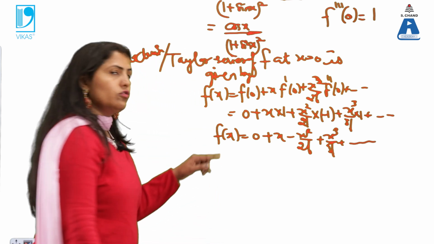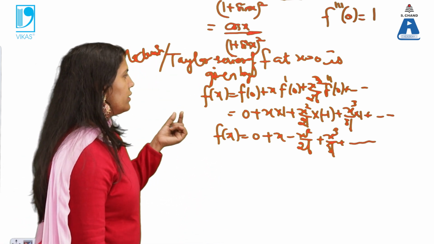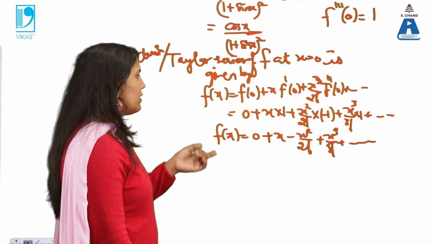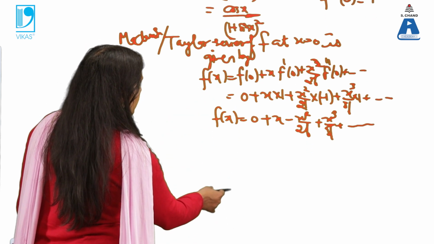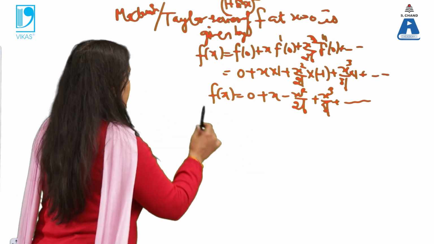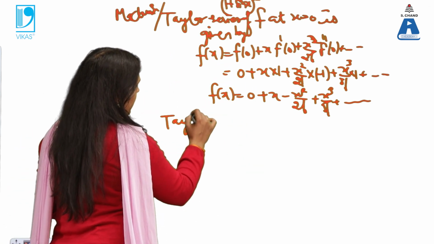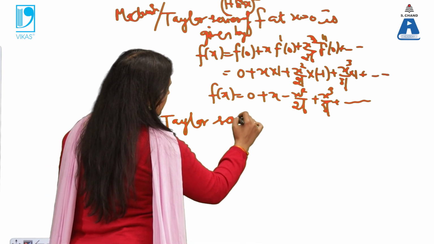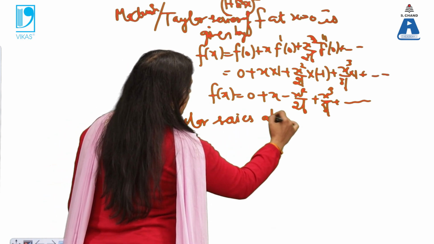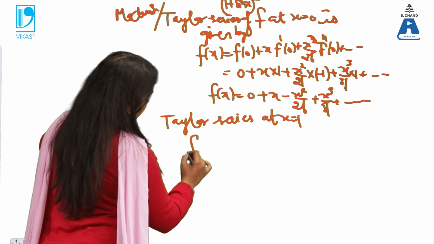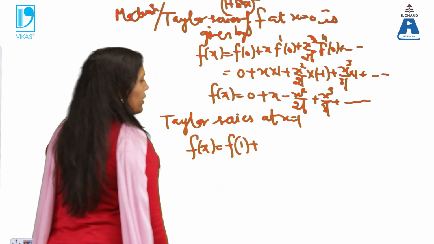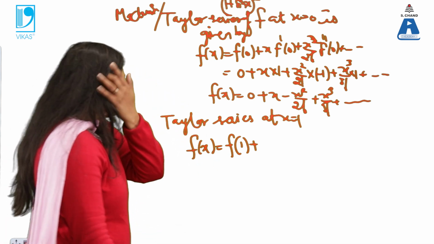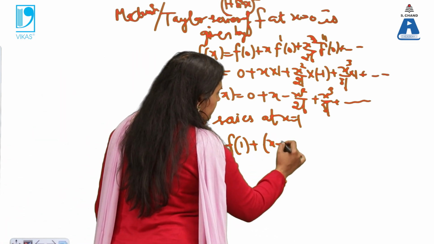So this is the series of the given function, that is log(1 plus sin x). If the same series I am supposed to write, first what I will do, because I have calculated everything. So the Taylor series at x equal to 1 will be: f(x) equal to f(1), this time it will not be f(0), it will be f(1),